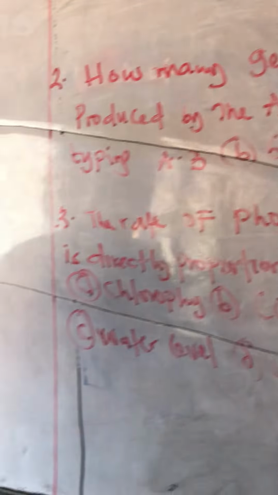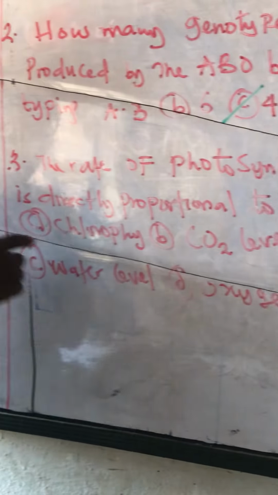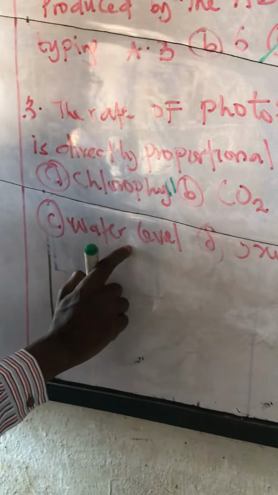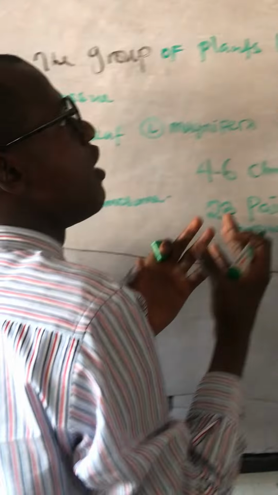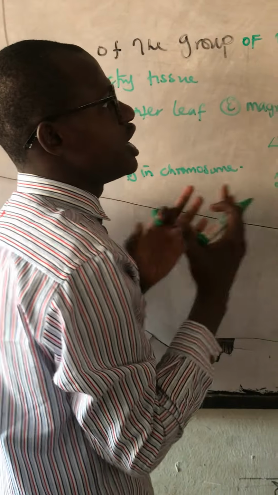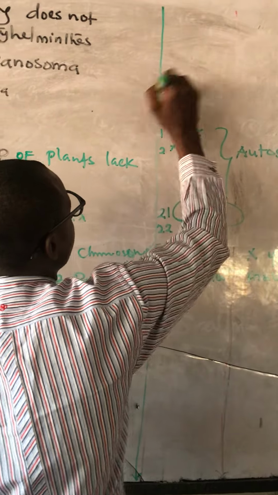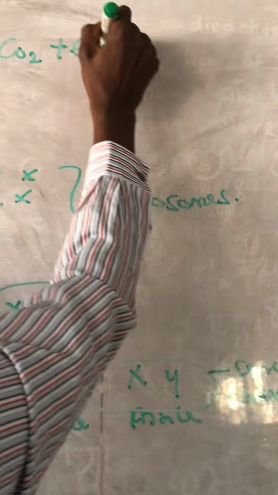Now, the next question. The rate of photosynthesis is directly proportional to: A. Chlorophyll. B. CO2 level. C. Water level. And D. Oxygen level. Now, what is photosynthesis itself? Photosynthesis is the process whereby green plants manufacture their own food in the presence of sunlight energy. Now, we have the equation of photosynthesis to be 6CO2 plus 6H2O